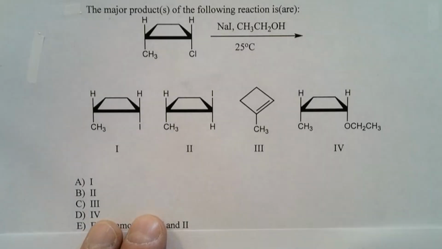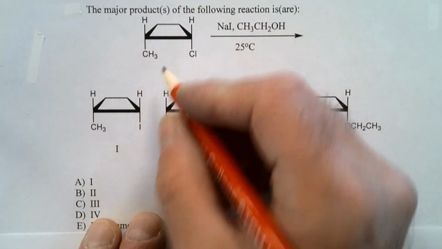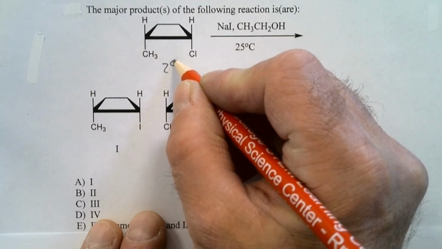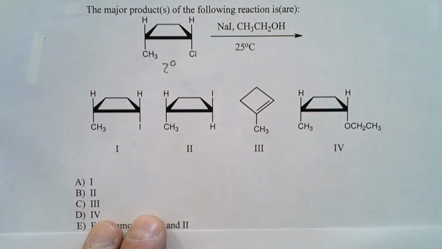First thing I would want to do is figure out what type of substrate we have, and this is a secondary alkyl halide. The next thing I'd want to figure out is what the nucleophile is. What do you suppose the nucleophile is? Sodium. What's the charge on sodium? Plus 1. So it's not a nucleophile, it's the counter ion to the